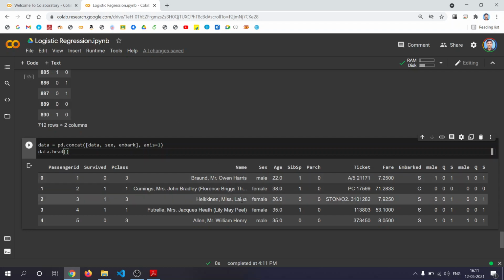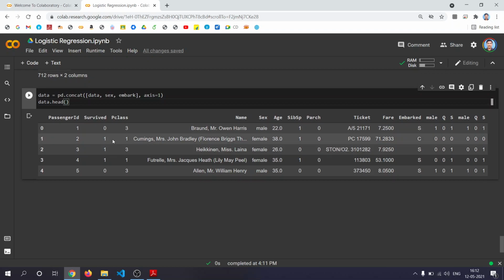Now let's drop name, this field sex, then ticket, all these fields, right? I think I have run this 2 times.